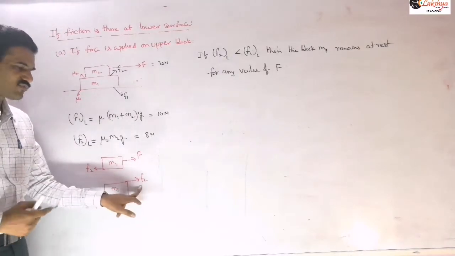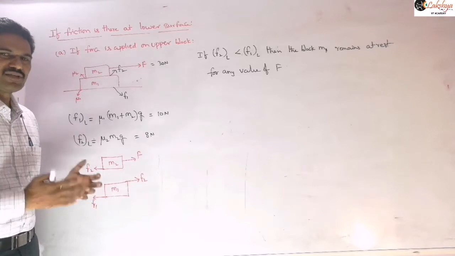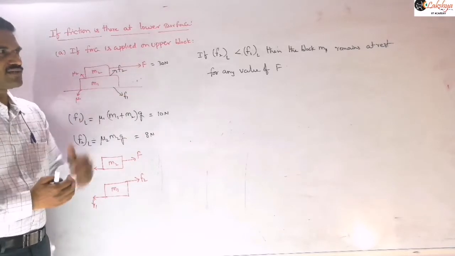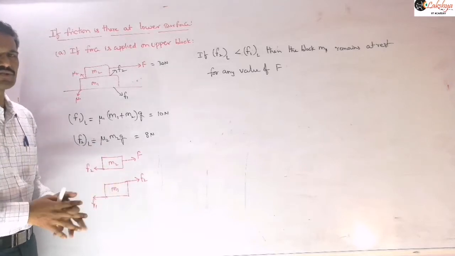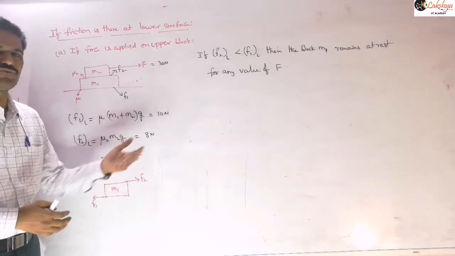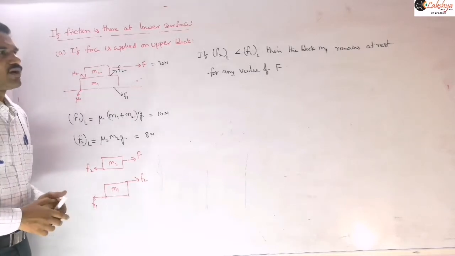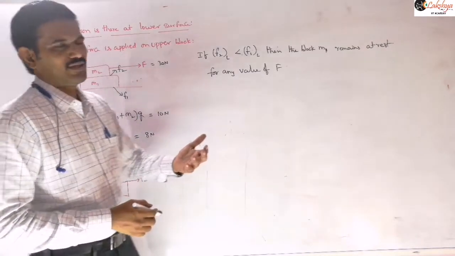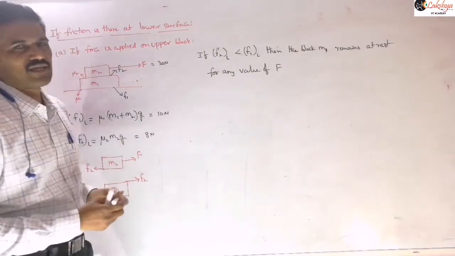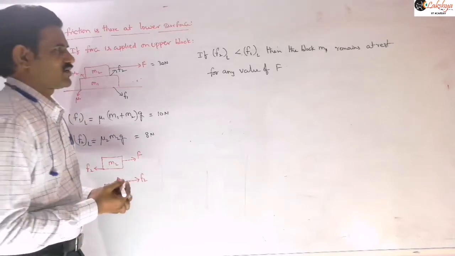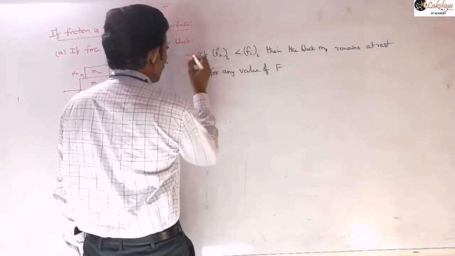So that means this value is F1 limiting there. If this is the case here, then irrespective of this applied force, this block will remain at rest only. Only this block may accelerate if the force is greater than that corresponding limiting friction there. Is it clear? And so now we are assuming the case where F2 limiting is greater than that of F1 limiting. So now let us consider the case. This is the important point you should note here.